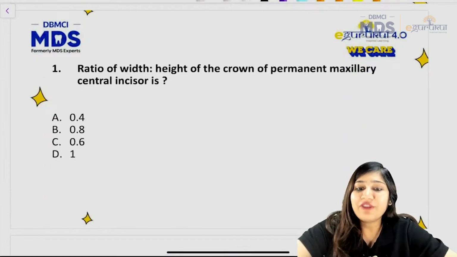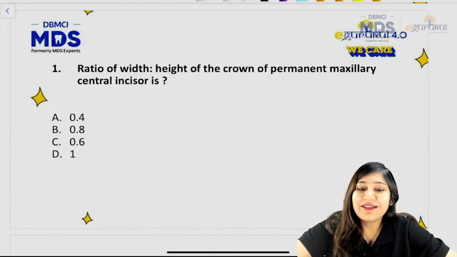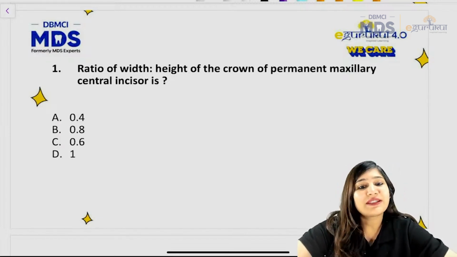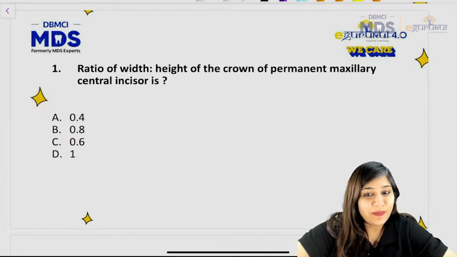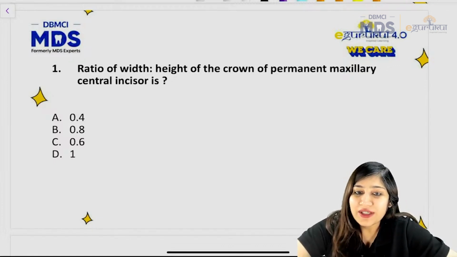Usually we have the first question from dental histology, always, that is from the topic of tooth development. But today we will start with a dental anatomy topic. Right, so coming to our first question,